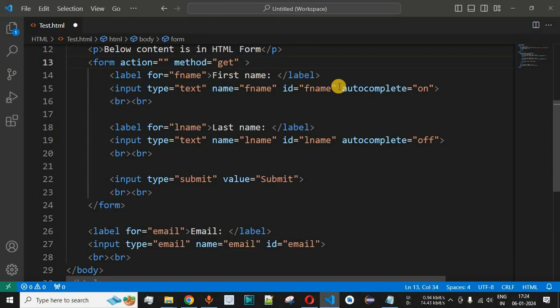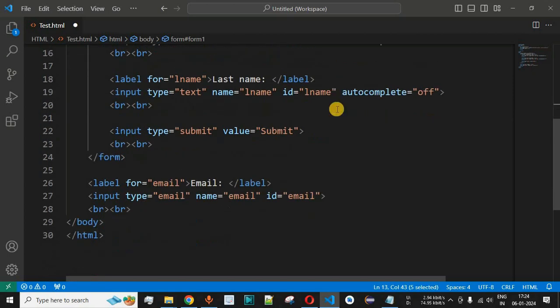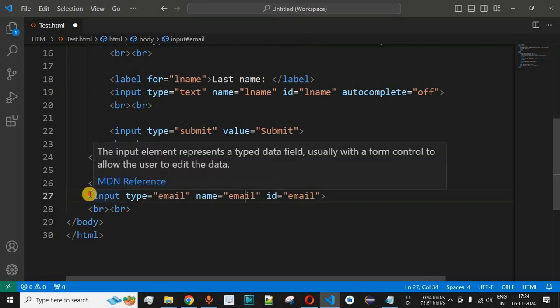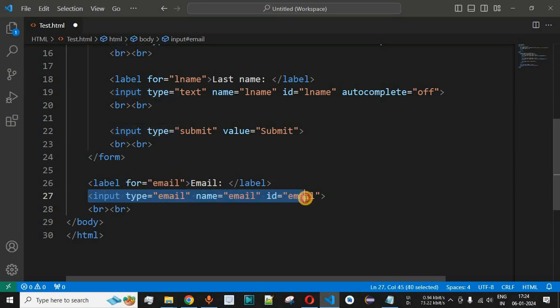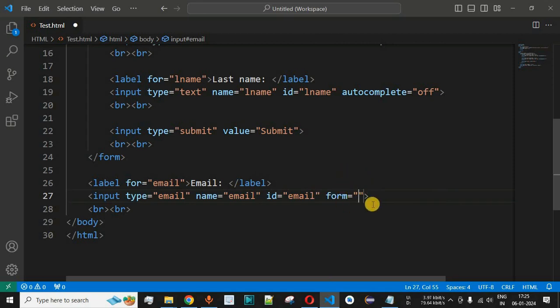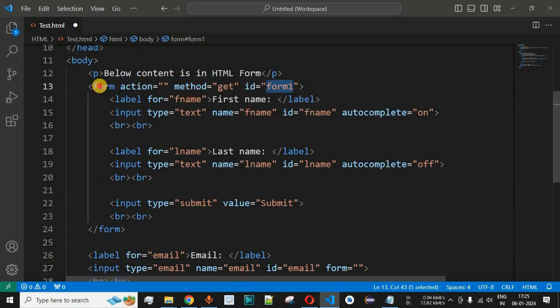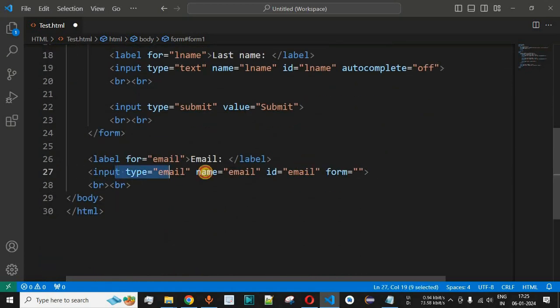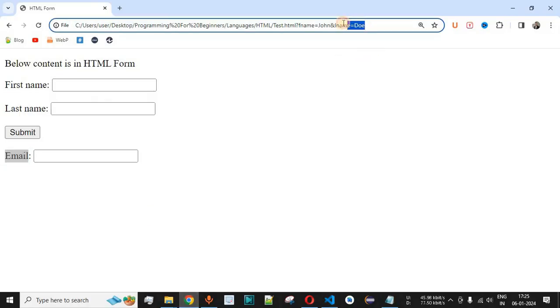So we are going to define the ID here, and we can simply say form1. Then this same value of the ID, form1, we need to copy and paste as the value of the form attribute for the input tag. The data from this particular input tag, that is email, is what we want to be passed to the server. So we come to the input tag and provide a form attribute, and this value should be the same as the ID of the form itself with which the input data should go to the server. Let me paste this value, form1. Let me save this file and reload the page on the browser.